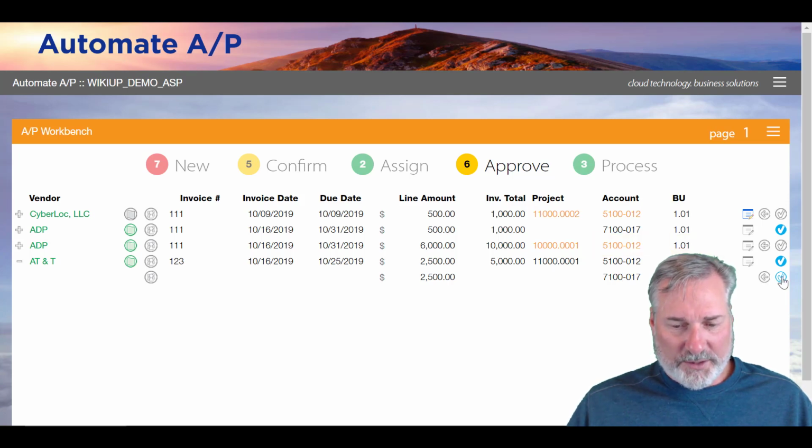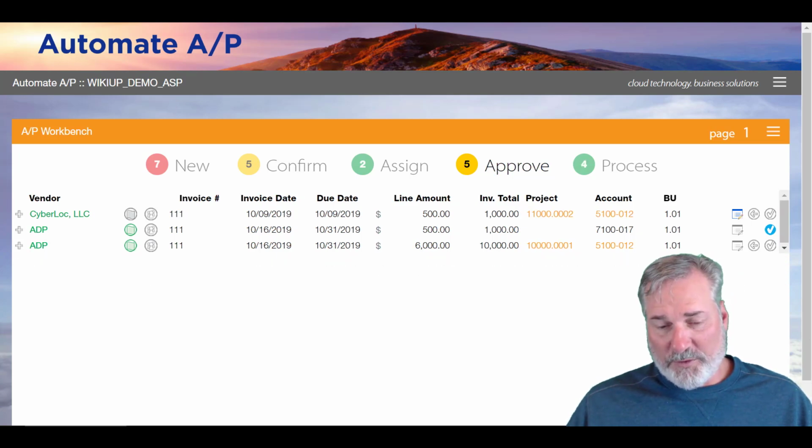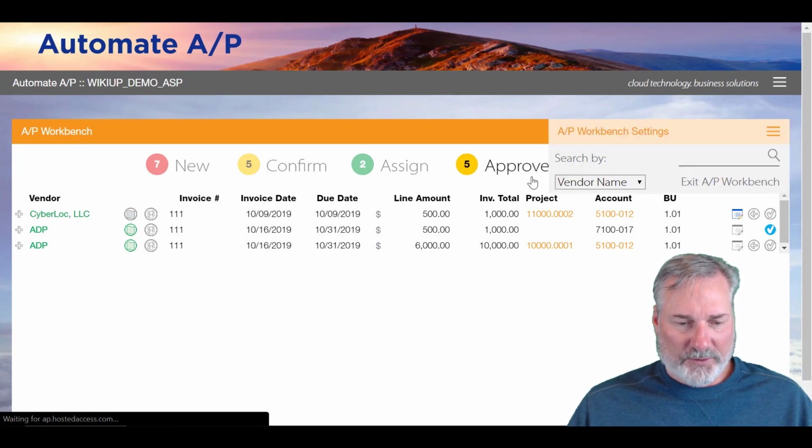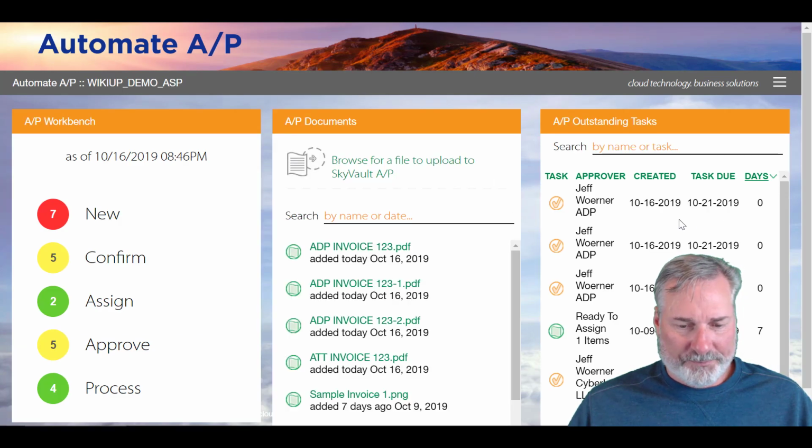If we're not going to reject it, we can come over here. We've got our check boxes. Blue are lines that have already been approved. We go ahead and check, and we just approved that, and it went through for approval. So where that ended up on our dashboard now, and I'm logged in as an admin. If you weren't logged in as an admin, you might not see this happen, but it went into the process queue right here. So let's go back to our main screen here,